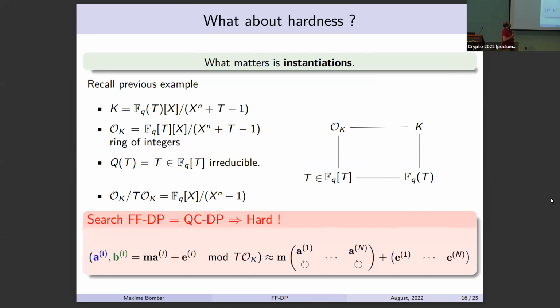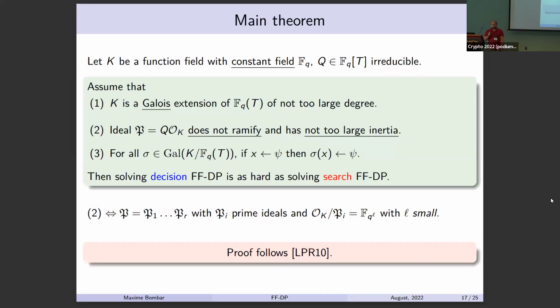Okay, so now we are ready to state the main theorem of the paper. If there is an algebraic hypothesis on the function field, namely we want it to be Galois, and we want its field of constants to be not too large, so we won't go into detail on that. If the prime modulus decomposes nicely into this ring of integers,